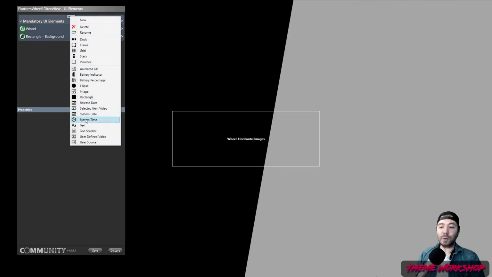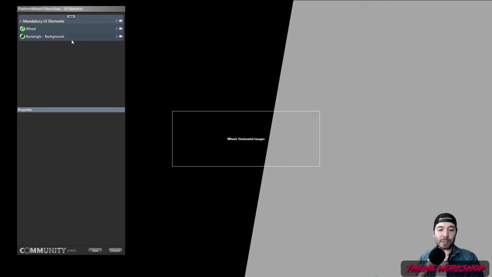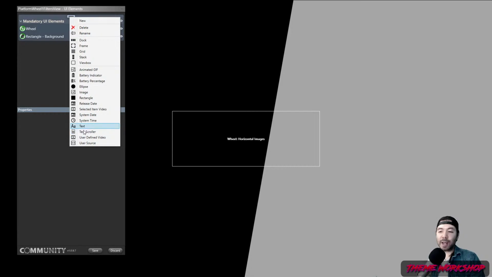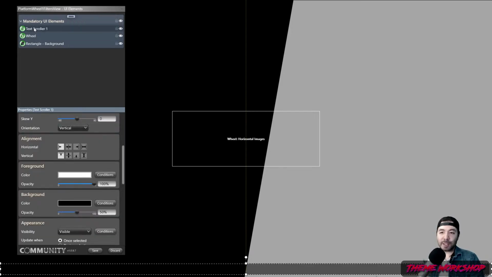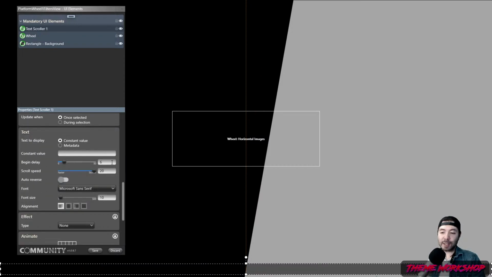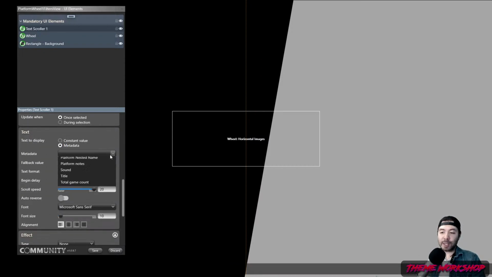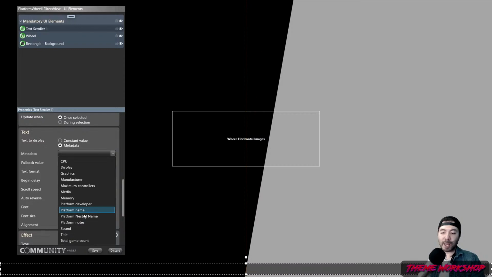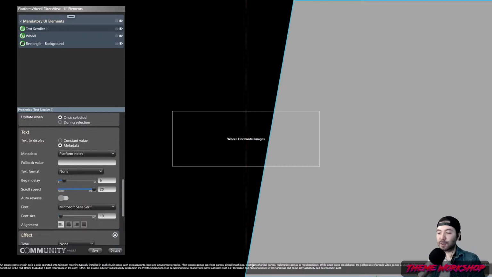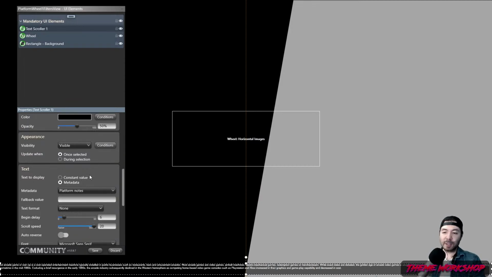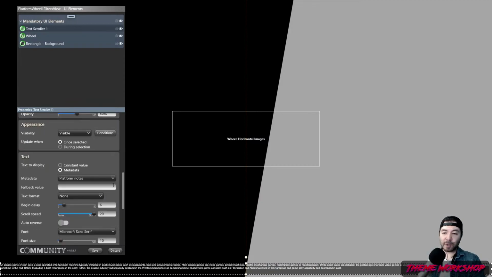Oh, nice. So you can do that in the theme creator, which is great. You can come here and we have this text scroller element that Dave created. You can see there. And I guess you can put anything there. Let's say you just wanted platform name, platform notes. I think that's really common. And then if I can remember how to do this,